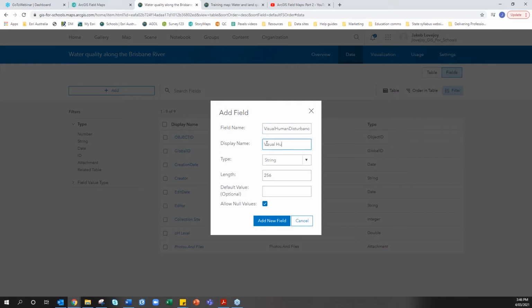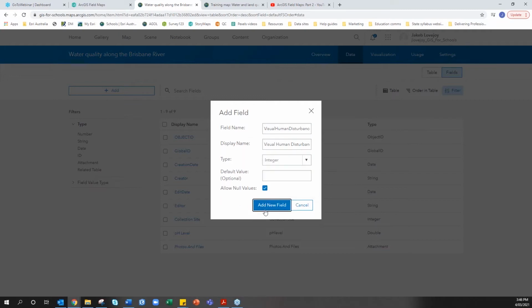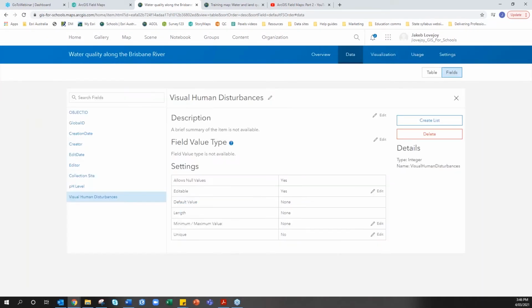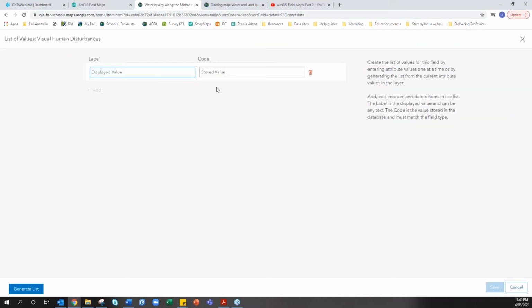And again, the same thing. And this time going back to integer, keeping the other values the same. And I will build a short list for this one. So I've clicked on my new field, creating list. And as you can see, I've had a little bit of a play with this before, but I'm going to